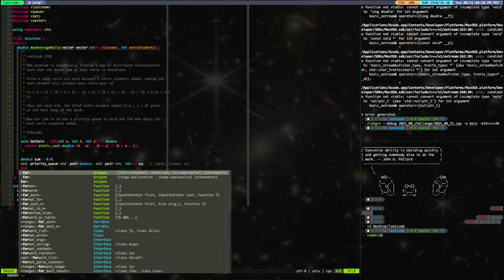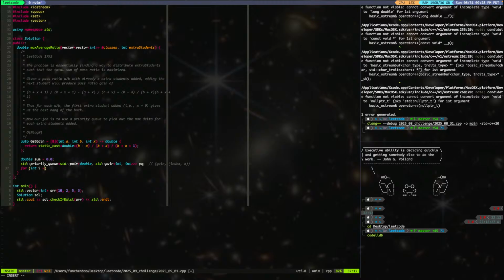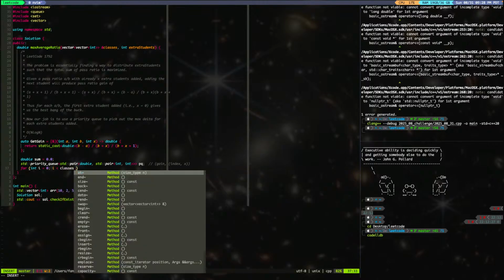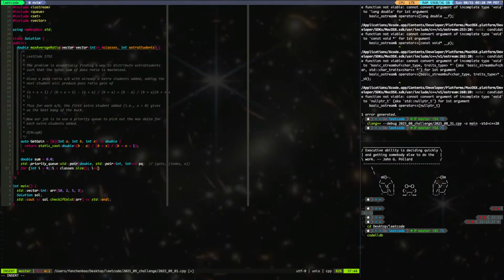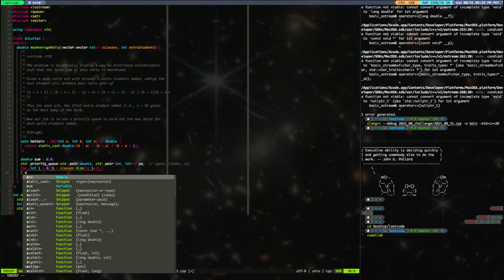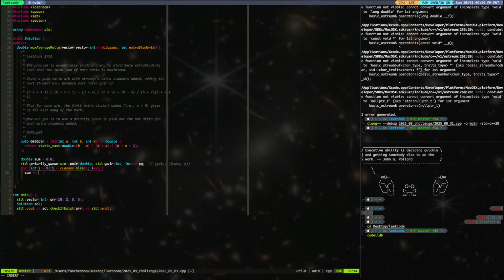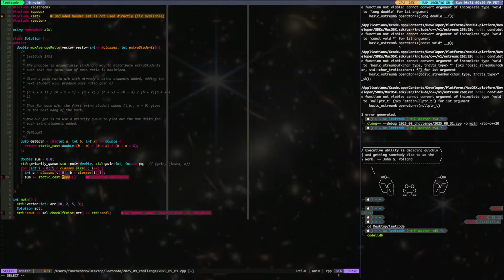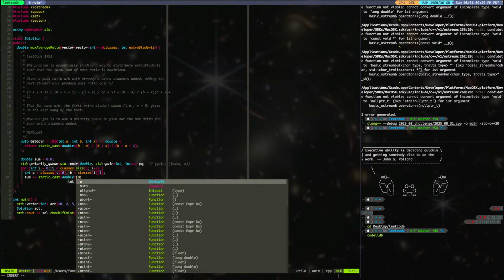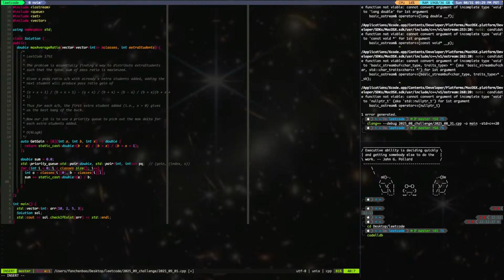And then what we do is, alright, now what do we do? First we say sum plus equal to, let's do this: int a = classes[i][0], b = classes[i][1]. Alright, and then sum plus equal to static_cast<double>(a) divided by b, and then pq.push